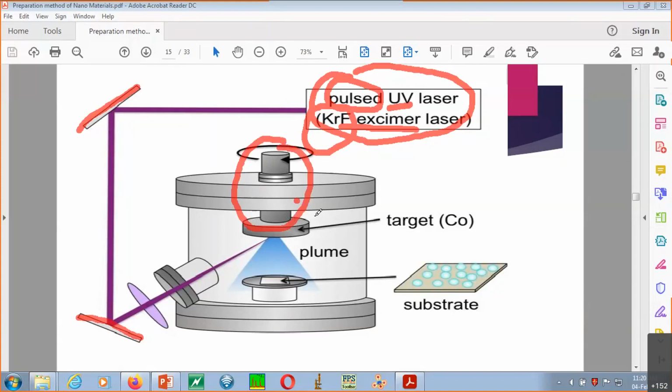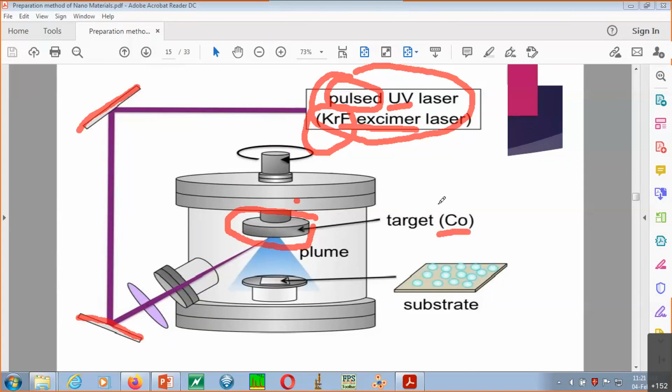And with this holder, there is a target material. This box that you can see, let me clear it out. This one. Yeah. So this particular highlighted one is your target. Okay, target material. Suppose you have cobalt here in this case. With this cobalt, you need to prepare the nanomaterials. So this target metal has to be set over here in this part. This metal can be anything, whichever you want, Ag, silver, or any other. So you have to place it at this point.